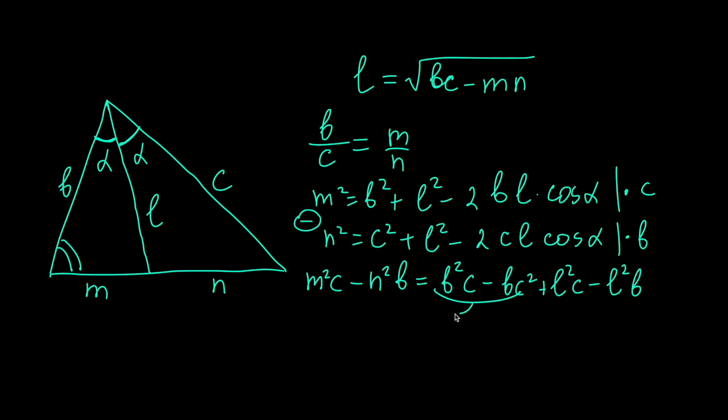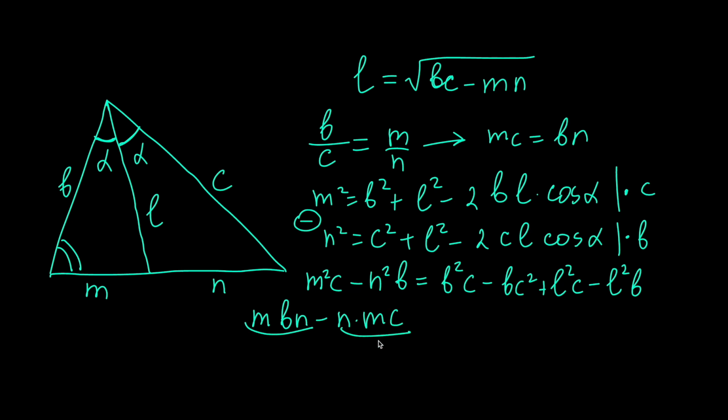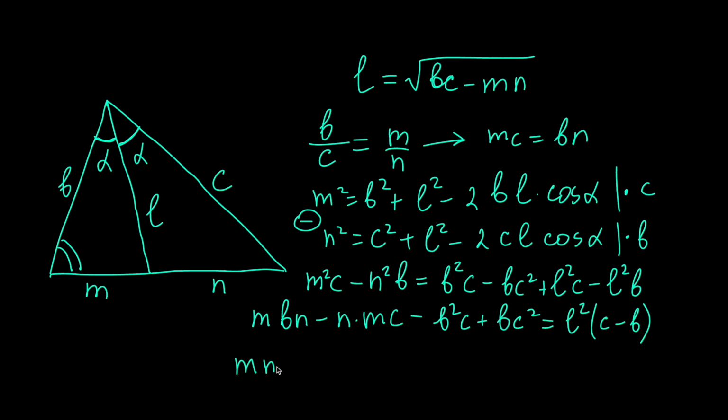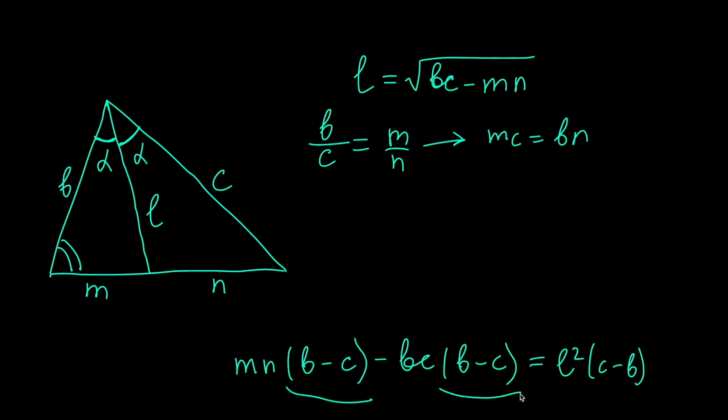Let's shift these two terms to the left-hand side of the equation, and let's also use the fact that MC equals BN. We're gonna plug MC into this term, which will give us M times BN. And we're gonna plug NB into this term, which will give us N times MC. Now we can see that these two terms have a common factor of MN. So the full equation will look something like that. And if we now take out the common factor and do that to these two terms as well, we will have that. Now we can divide both sides of the equation by B minus C,